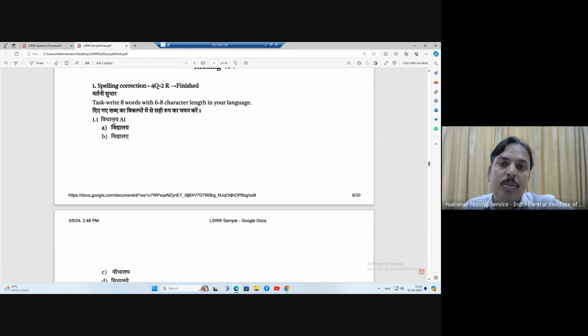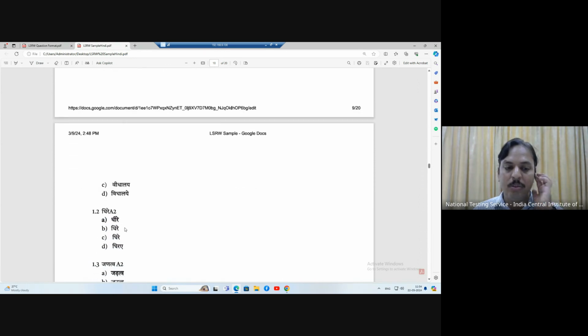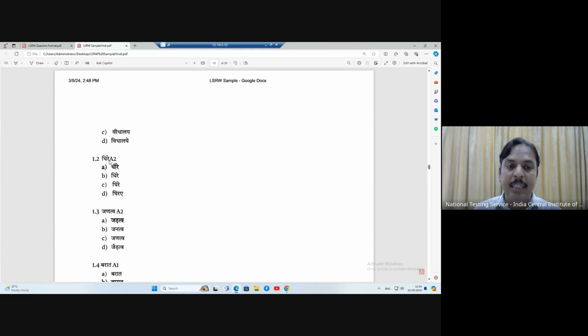In the questions, you should give the wrong spelling. Just for example, this word is Vidyalaya. What I have given in the question is Vidhalaya. And then we give 4 options: Vidyalaya, Vidyalaya, Vidhalaya, Vidhalaya. So the question is wrong, and out of the 4 options, 1 option is correct. These types of questions you can ask, like for example, here is Dhire, and